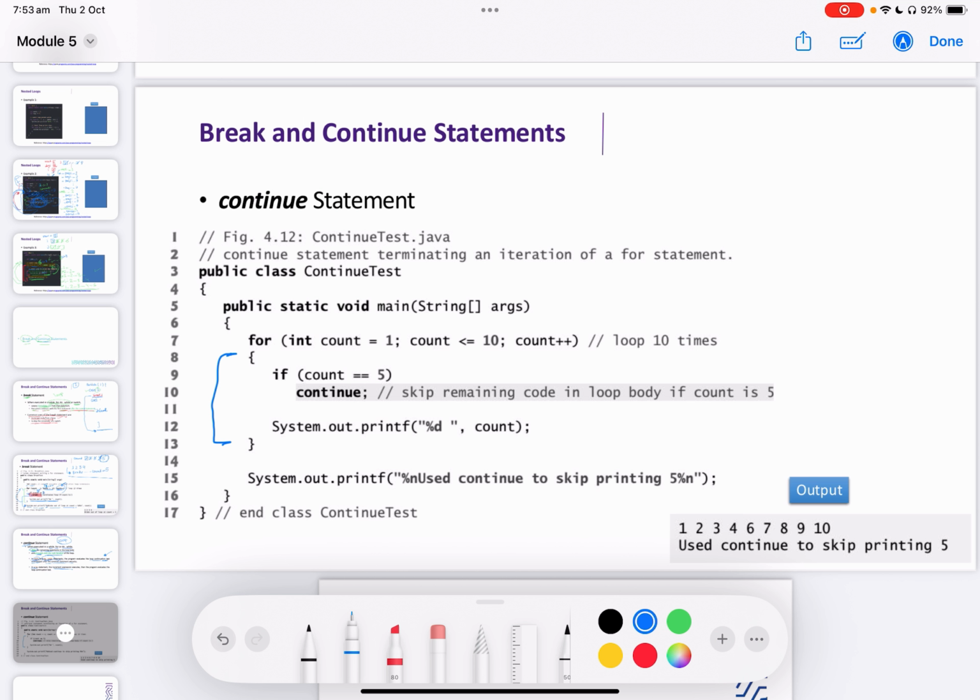Okay. For the loop, we have defined a variable called count, and its value is equal to 1. As long as 1 is less than or equal to 10, I will start. When I started the loop, there is an if. Is the value of count equal to 5? No. So since it's no, then I'm not going to execute the continue. I will execute this line here, which is system.out.print, print for me the value of count, which is